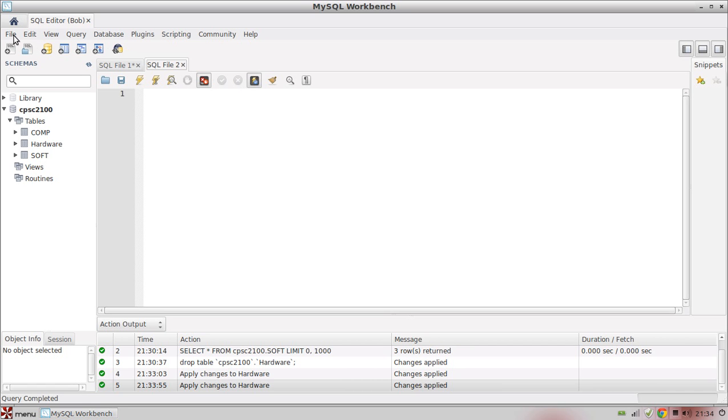Next, we're going to go ahead and execute a query, I think, just to demonstrate that. And again, this is just for demonstration purposes, so we're going to keep it simple. It's going to be a quick select statement. I'm going to select everything from comp. One of the things I've discovered is that it is case sensitive,